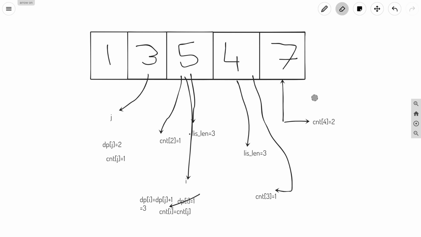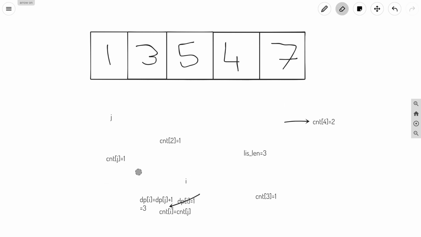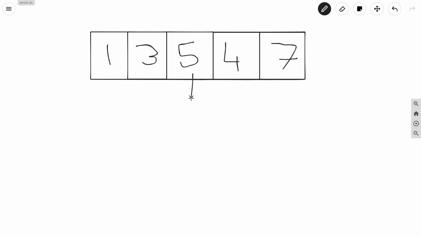Okay, this case can be seen here. You can see that for this part, dp of I for this index, so it is the second index, dp of 2, you can see that it is 3, and for this third index you can see that dp of 3 is again 3.